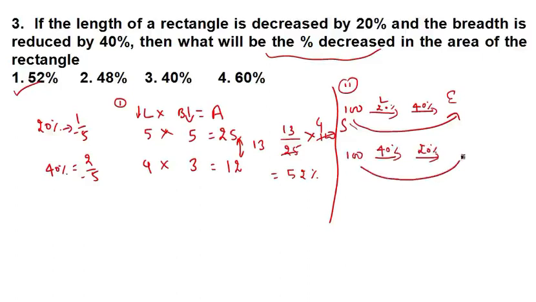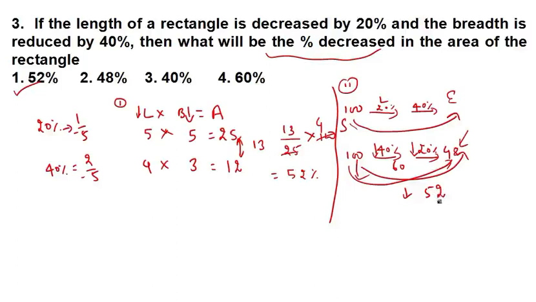Okay, so it is said it got reduced both times. So if I reduce 100 by 40%, I'll get 60, and this 60 if I reduce by 20% again, I'll get 48. Now see what is the net change. Net change is 52. Before it was 100, now it became 48. So it got reduced by 52.